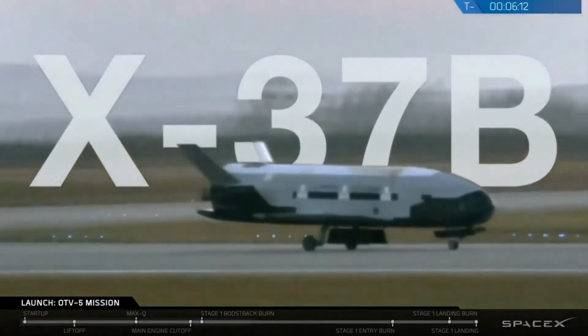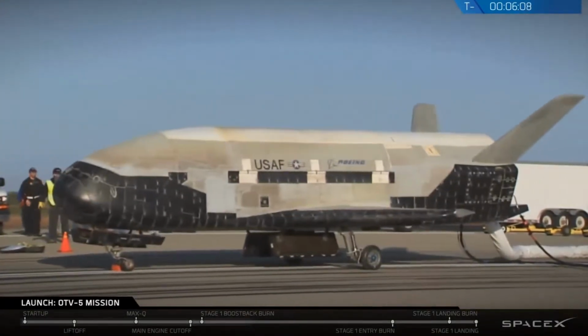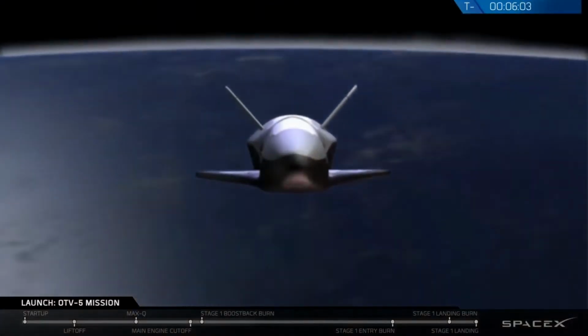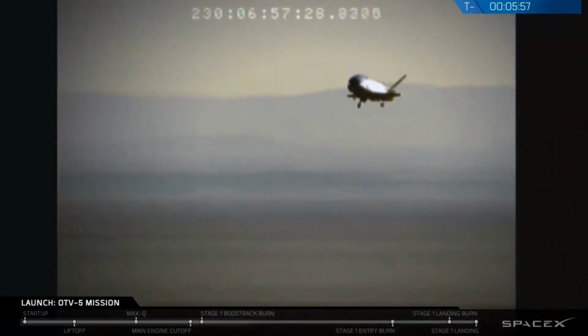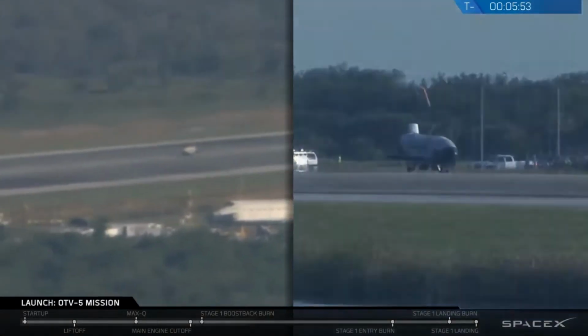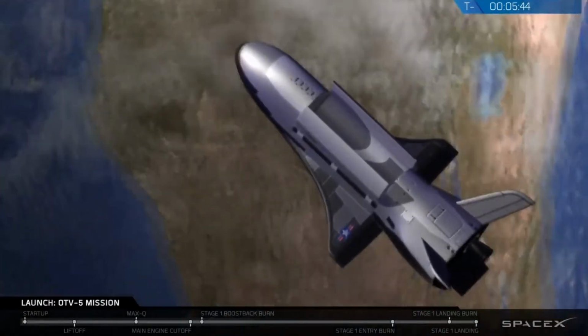The X-37B Orbital Test Vehicle, or OTV, is the nation's first unmanned space plane. Managed by the U.S. Air Force Rapid Capabilities Office, the Boeing-built X-37B is a highly flexible testbed platform for a variety of on-orbit demonstrations. This reusable system allows hosted experiments to be returned, inspected, modified, and flown again at dramatically reduced cost. The X-37B testbed platform is unique because we can tailor our missions to specific user needs and return